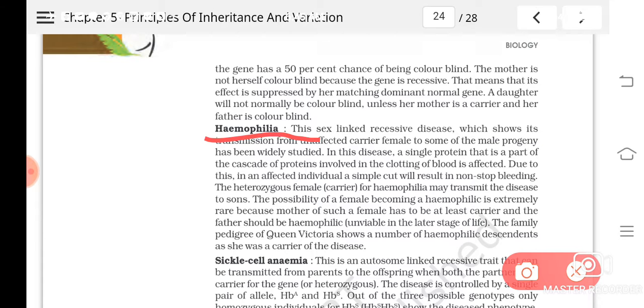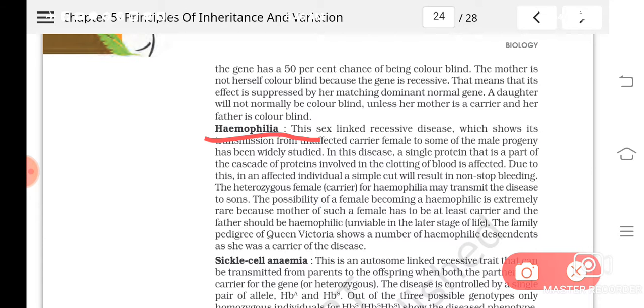It means the disease will appear only if both the alleles are recessive in females, who have two X chromosomes, isn't it? So for a female to get that disease, both the alleles should be in recessive condition. Understood? But in males, what is the problem? Males have only one X chromosome, and the other is Y. So if the one and only X chromosome of a male has the recessive allele, the disease will appear. So the chance of males to get affected is more than females, isn't it?